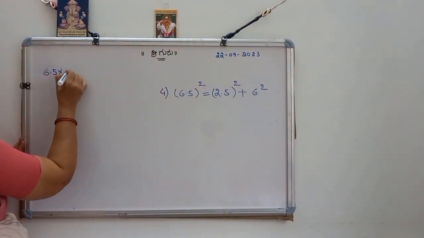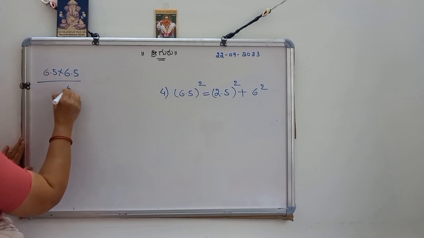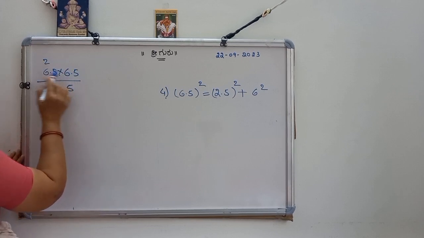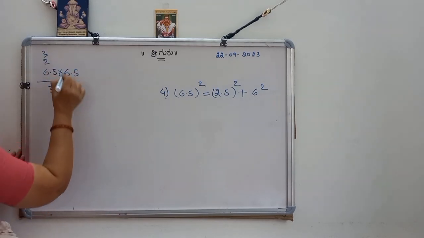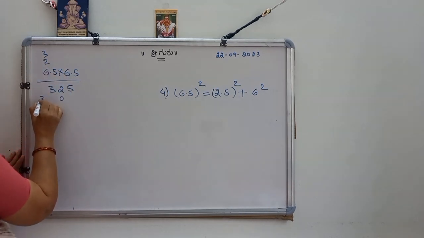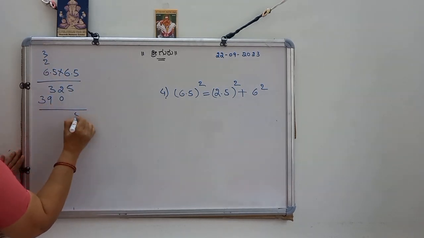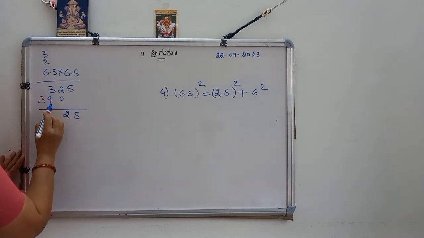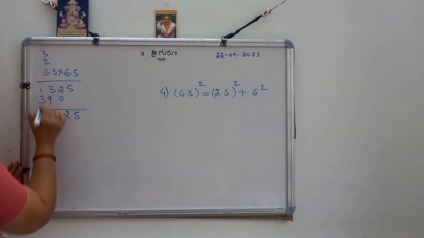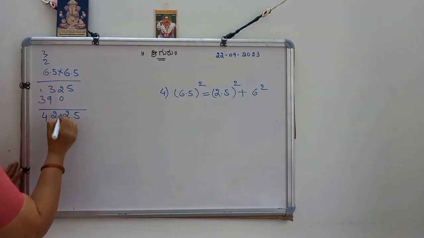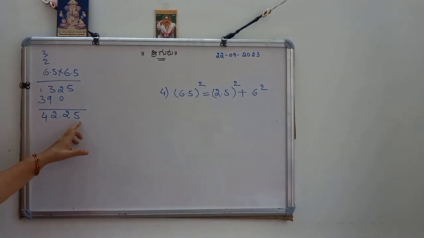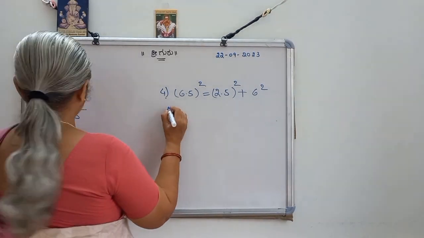6.5 into 6.5. 5 5s are 25, 2 carry, 5 6s are 30 plus 2, 32. 6 5s are 30, 3 carry, 6 6s are 36 plus 3, 39. So it is 5, 2, 9 plus 3 is 12, carry 1, 4. And since there are two decimal places, we should put the decimal point after two places from the right. That is